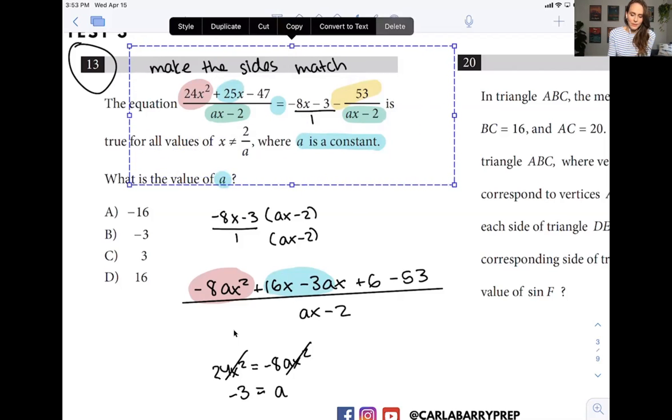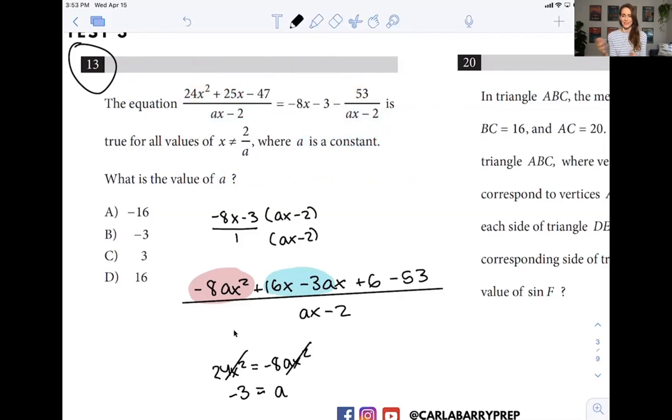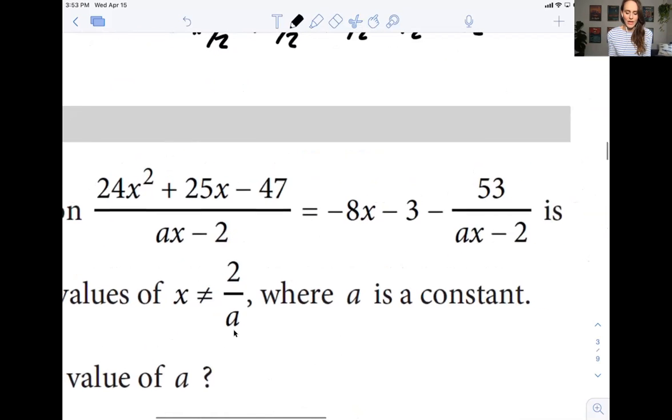I'm just going to clear up all the clutter. So if I'm just looking at it and I don't want my pencil to hit the paper, which I really think is not the best advice, I would look over here and I would think 24x squared plus 25x minus 47 divided by ax minus 2 equals negative 8x minus 3 minus 53 over ax minus 2. That means that, so this is something you would do in your head, but I'm going to do it on paper to make it easier to see, that 24x squared